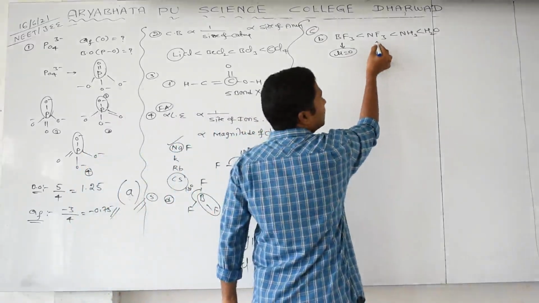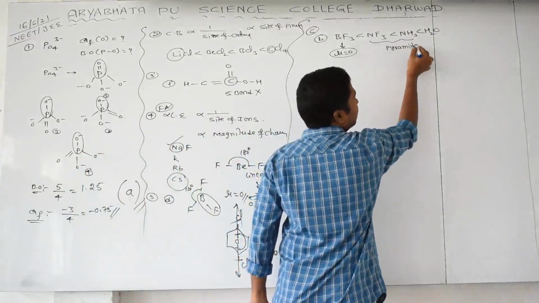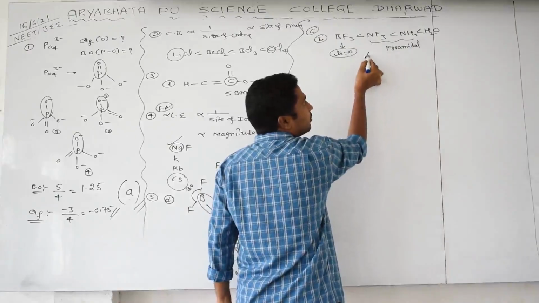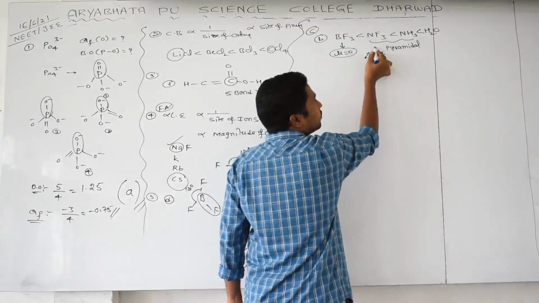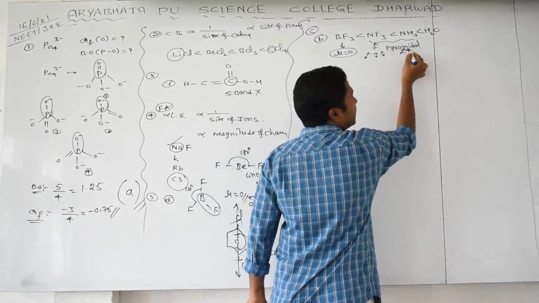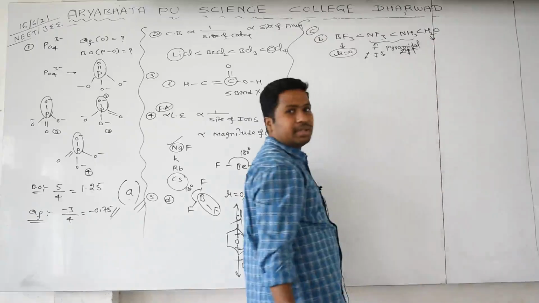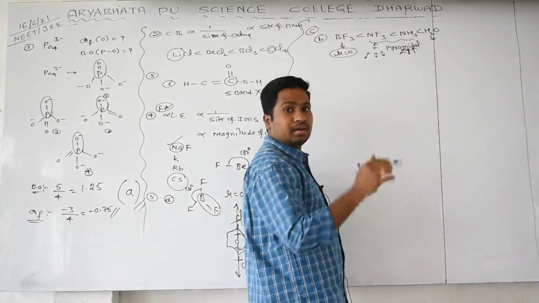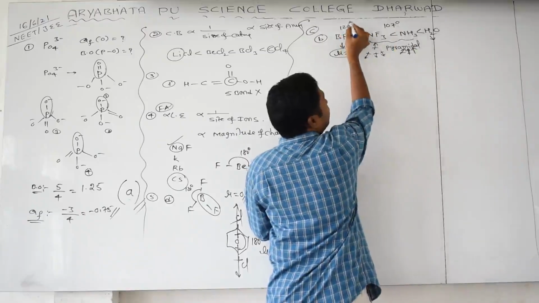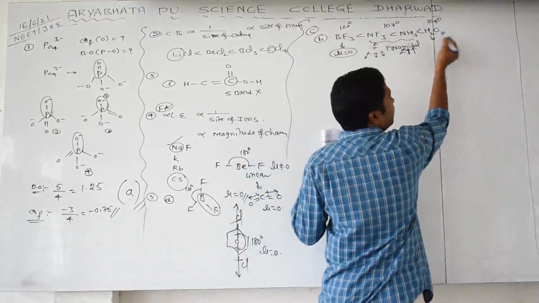After that, I told you yesterday these two have a pyramidal shape. Pyramidal in shape means what is happening here? The three bond moments are coming downwards and one bond moment is going upside, so somewhat of a cancellation. But here all bond moments towards the central atom are going on. But here what is happening? The bond angle becomes less. So here you are getting around 107 degrees, but here 120 degrees, and here 104 degrees.